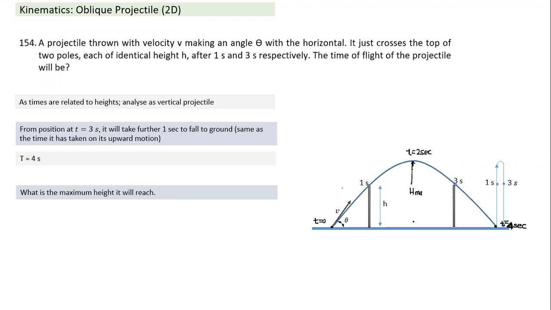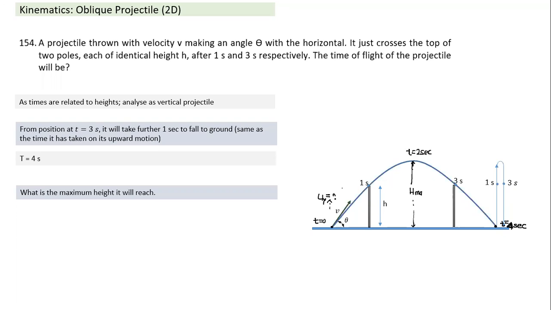So how do you calculate maximum height? What is t equal to 2 seconds equivalent to? Do we know some standard term to define this? It is the time of ascent, let's say. Time of ascent. So if I know the time of ascent, it is related to what? It is related to the y component of velocity. So if it has taken 2 seconds to reach the maximum height, what has to be the value of uy for it to take only 2 seconds?